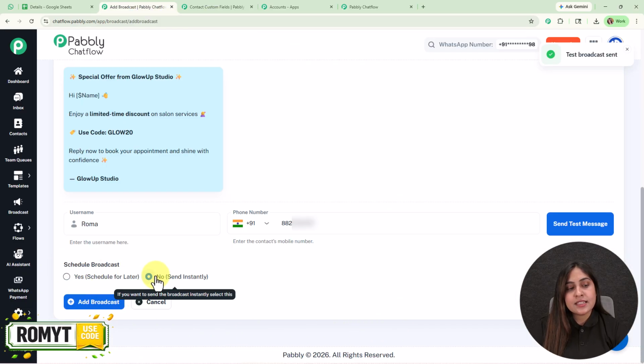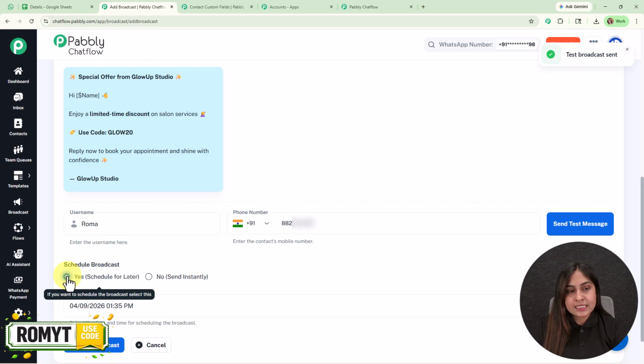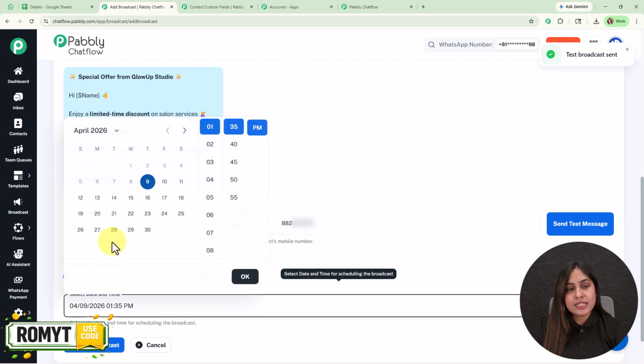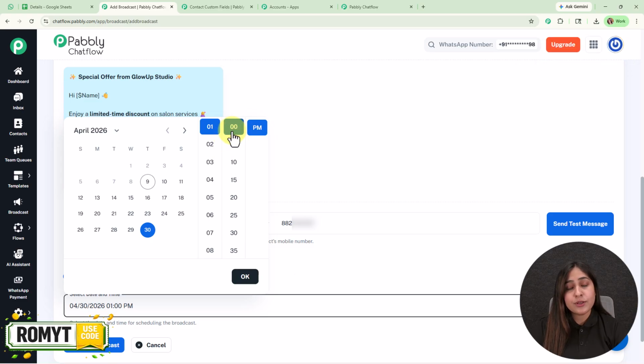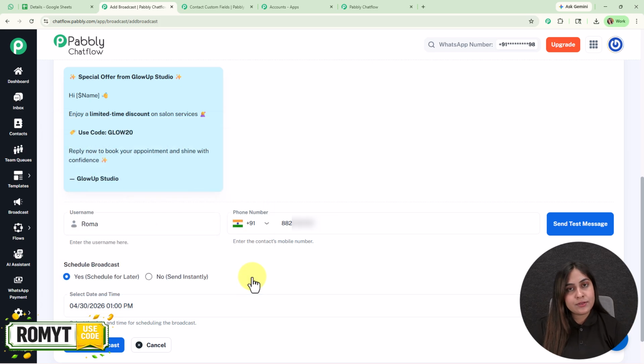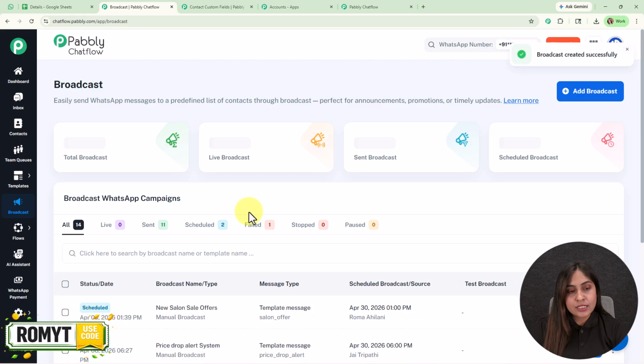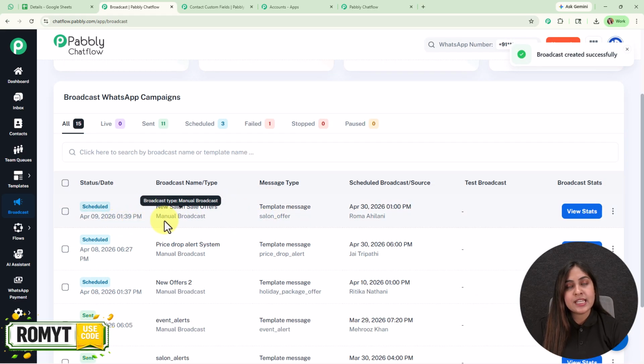Now here it is asking us to schedule the broadcast. If you want to send the broadcast message instantly to all your leads and customers, then select no, or to schedule it for the later, select yes. Then here you need to select a particular date and time. I'm going to select the date and time for the future, because if you select the past date and time, then it is going to send instant WhatsApp messages to all your contacts. Alright, then you're going to click on this add broadcast, and you can see we have successfully scheduled a new